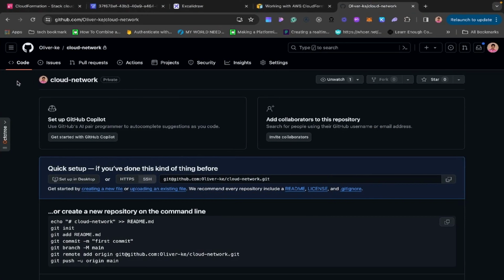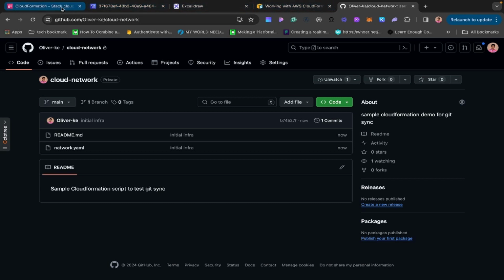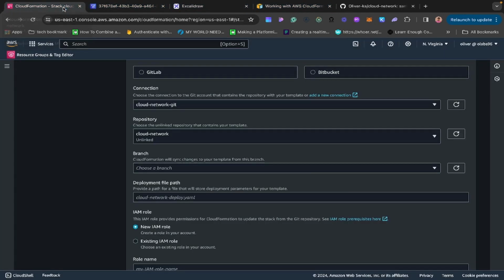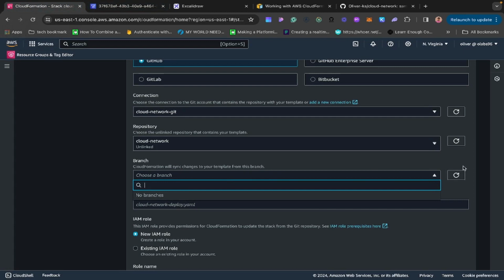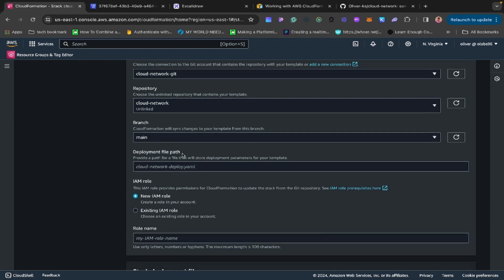So if we come here and we refresh, we'll see now that we've got our files on the remote. Okay, so I'll go back to CloudFormation, and I would now hit this little button to refresh, and now I would see a main branch. Okay, so the next thing we need to put in now is our deployment file path. This deployment file path is just the name of a file where CloudFormation will write some metadata, some information regarding our stack. This includes, if our stack requires parameters, those parameters and all that. Okay, so I'm just going to name mine